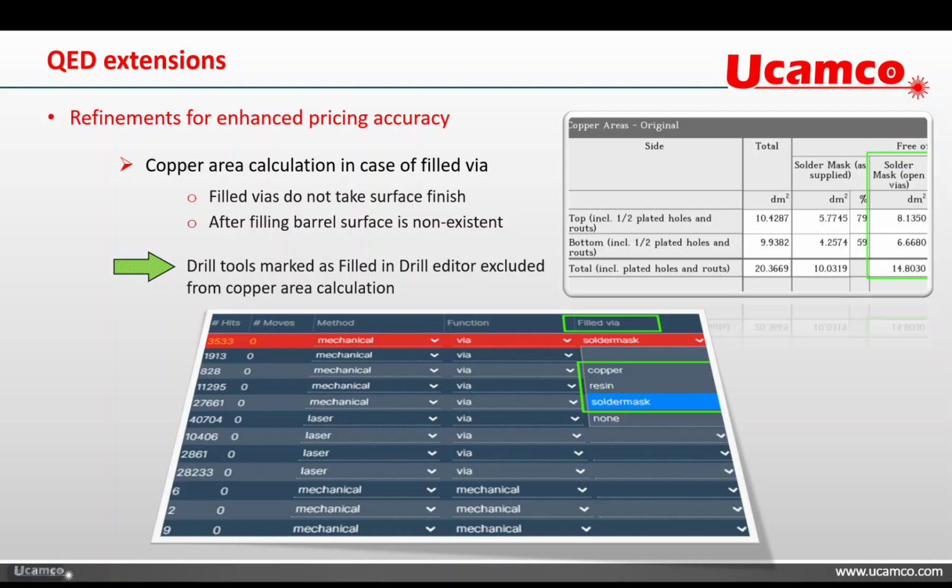The other one is the copper area calculation in case of filled vias. Up until now, we were making abstraction of vias that were filled, be it with solder mask, with resin, or copper. But of course, once a via is filled, it doesn't have any barrel surface anymore. And as it doesn't have any barrel surface anymore, it's also an area that is not going to take surface finish. So again, the context is surface finish, and the cost of the surface finish, definitely the ones that are gold based, like the ENIG and then gold itself, given the price of the resource, is becoming increasingly